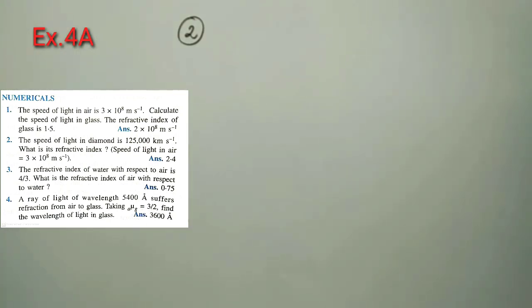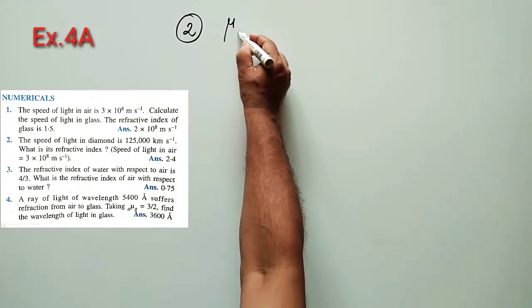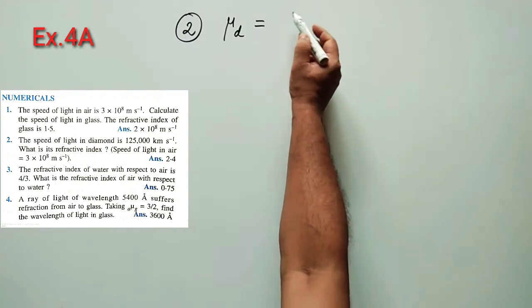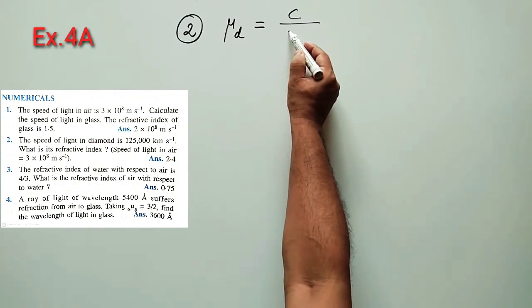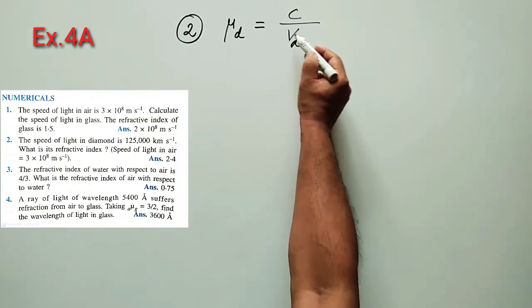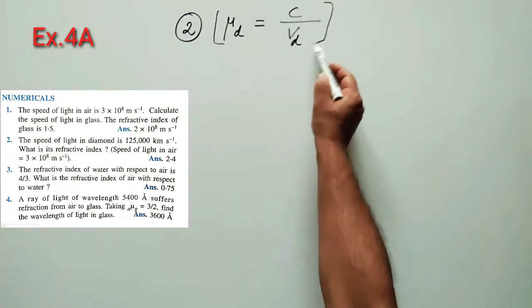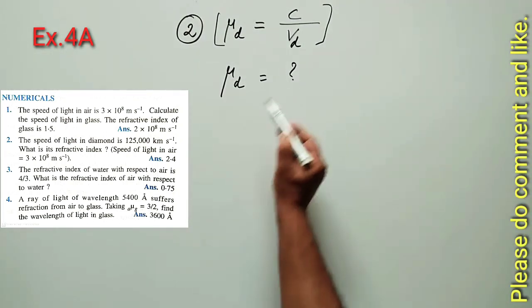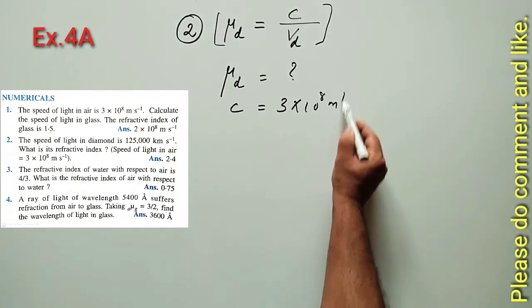So we know the relationship between refractive index and speed of light in a given medium. So the refractive index of diamond mu d is defined as the ratio between speed of light in air C to the speed of light in the given medium, that is Vd, the speed of light in diamond. Now let us see what all quantities are given there. The refractive index of the diamond we have to calculate. Speed of light in air is given, C is equal to 3 into 10 to the power 8 meter per second,